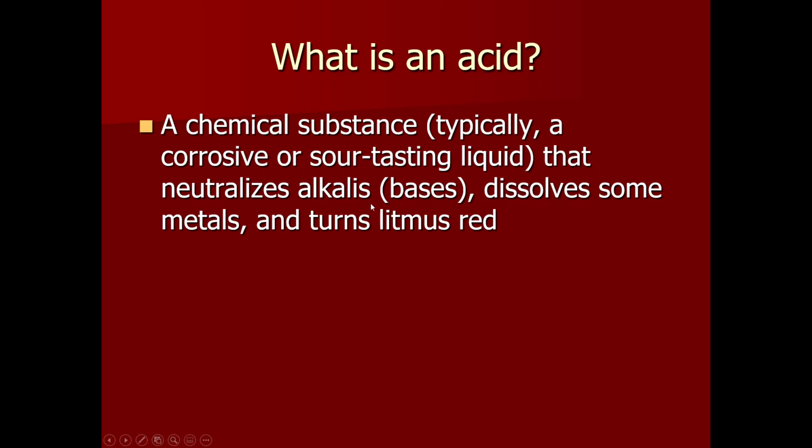You're going to neutralize alkalis, so if you add an acid to a base, you get a neutralization reaction, and then it dissolves metals, like I said, and it turns litmus red. So litmus is a kind of chemical. It comes from a plant. And litmus turns red for an acid, and it turns blue for a base. So if you're coming in person, you'll work with some litmus this week,